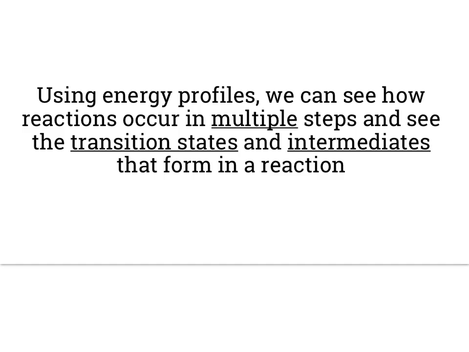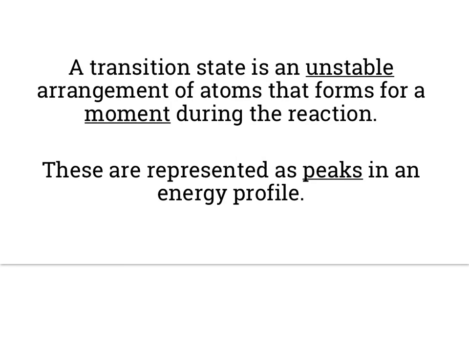So using energy profiles, we can see how reactions occur in multiple steps. We can also see what we call the transition states and the intermediates that actually form in a reaction. Now, let's talk real quick about what those terms mean. A transition state is an unstable arrangement of atoms that forms for a moment during the reaction. These are represented as peaks in an energy profile. So a lot of energy profiles look something like this. This means that this and this